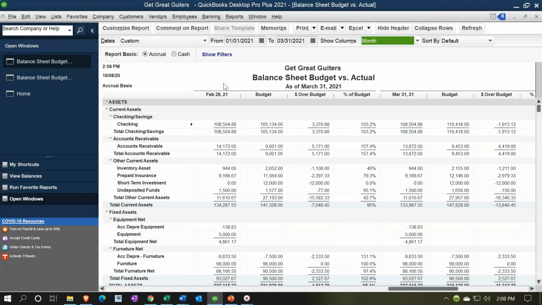February 28th has passed. So we have the actual data, the budgeted data, the difference between the two. And then we have March, where we have the budgeted information. We did a budget based on January's information, but we're imagining that has not happened yet. And therefore, this column, the actual column, although it has numbers in it, does not have the current data for